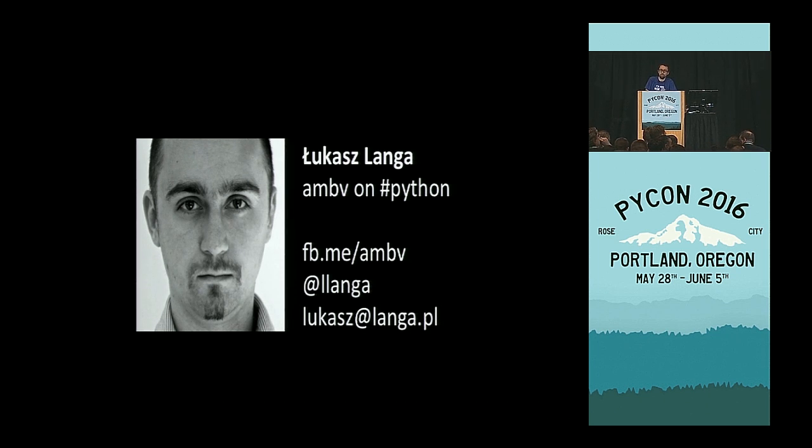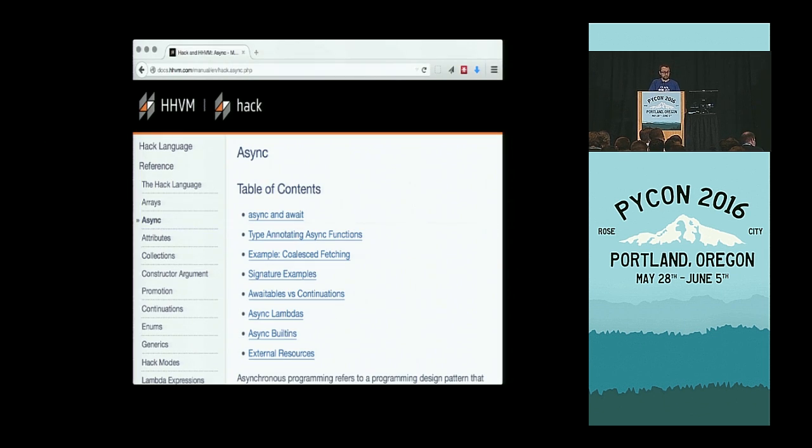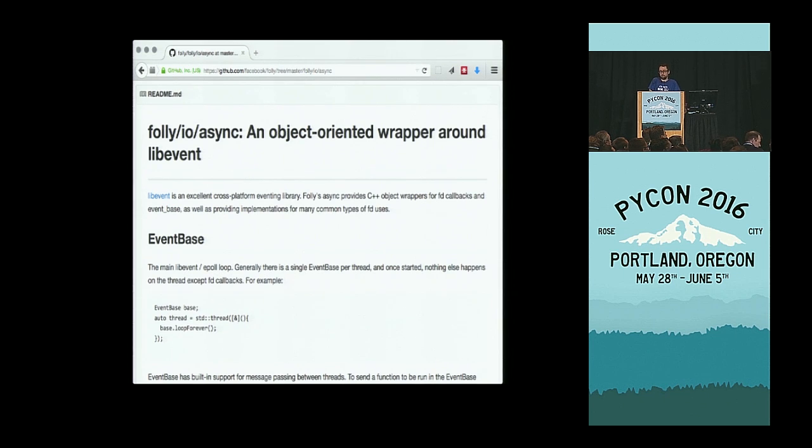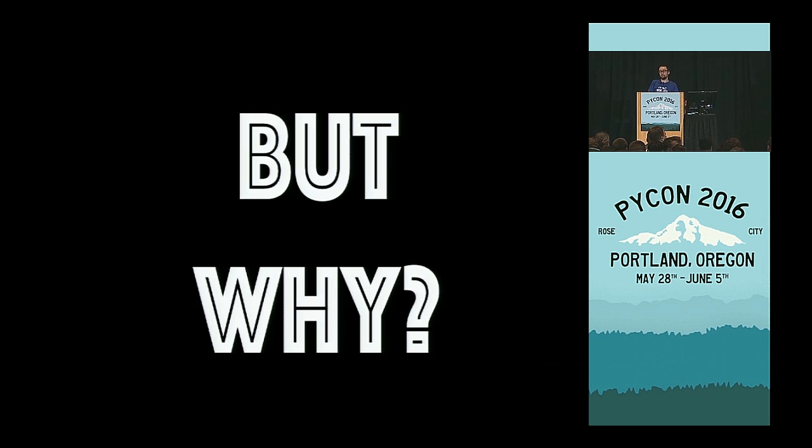Specifically, it's very popular at Facebook because Facebook loves async. There's a lot of things about asynchronous programming that just clicks with our minds for some reason. As you can see, the PHP variant that we're using is both typed faster and has async await. The C++ libraries that we're using to actually use as much CPU power as we have on our servers are also asynchronous in their nature. So is the RocksDB database layer that we also open sourced. So it sort of clicks with people at Facebook. They understand what it means. They understand why it's cool. But why? What does async mean for a programmer?